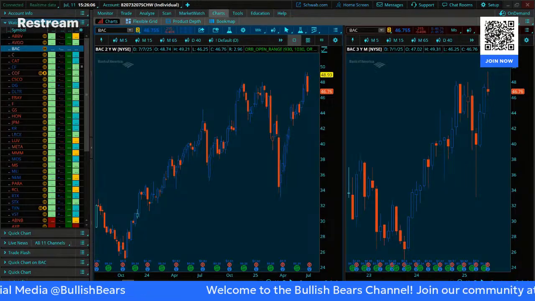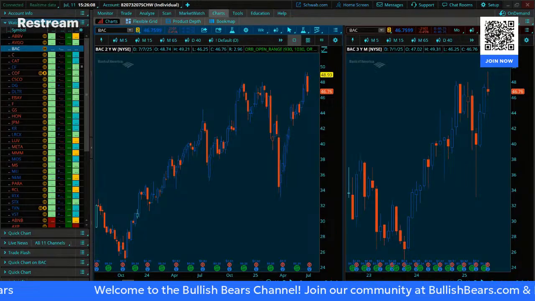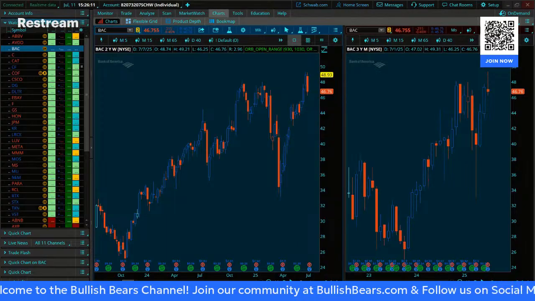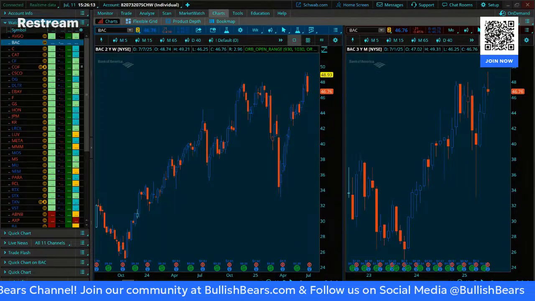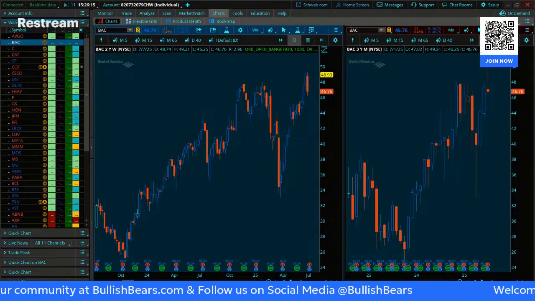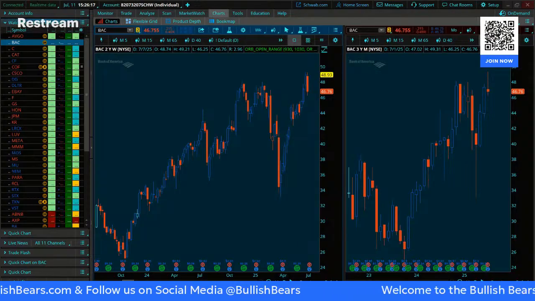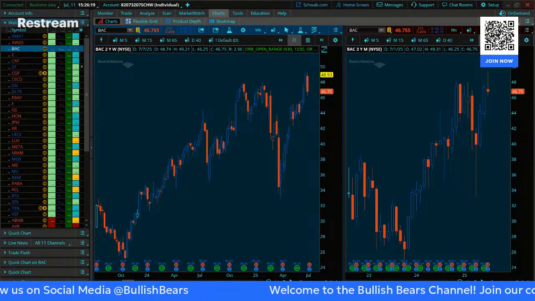If you want TradingView rather than Thinkorswim and you want to pay for TradingView, then do that. You don't have to take trades on TradingView, right? You can just use it for analysis and you can do all your work there and then trade wherever it is that you want to trade.